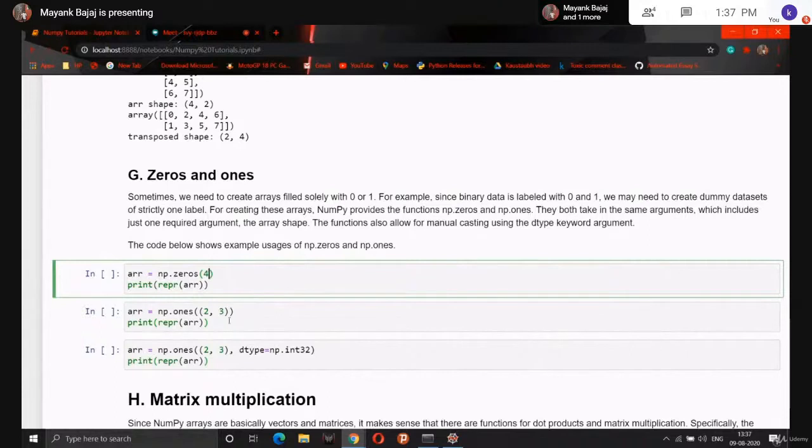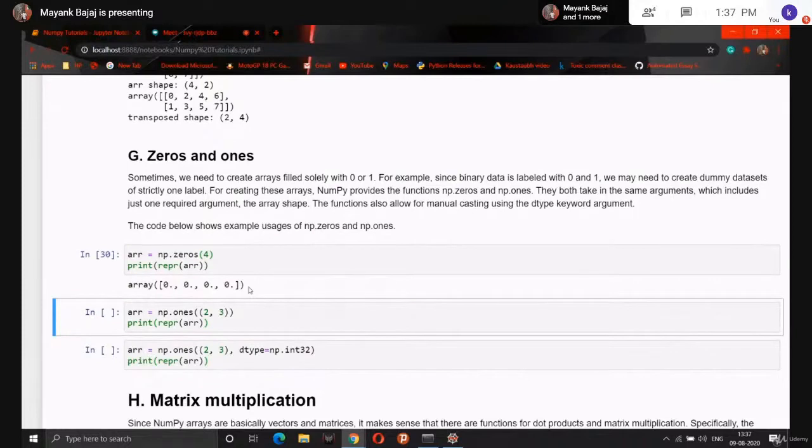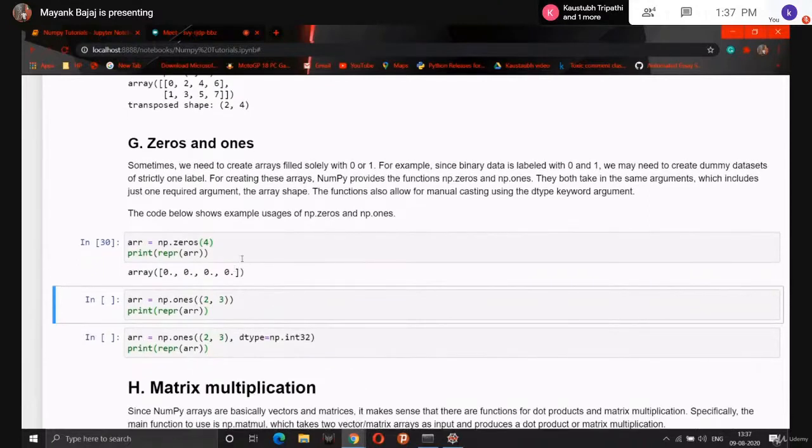Here one optional argument is there, that is data type. We can also print the data type, that is optional. So you can see here I am printing this one. We got 4 columns and only 1 row, because here we had passed the shape only 4. That's why we are getting this shape.